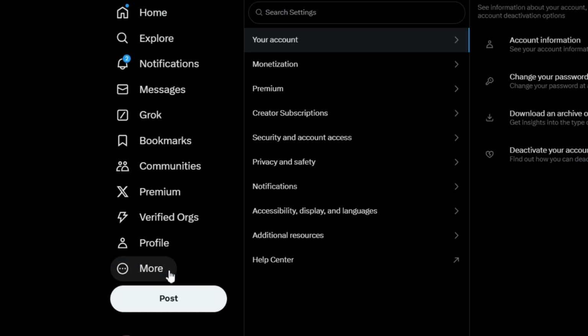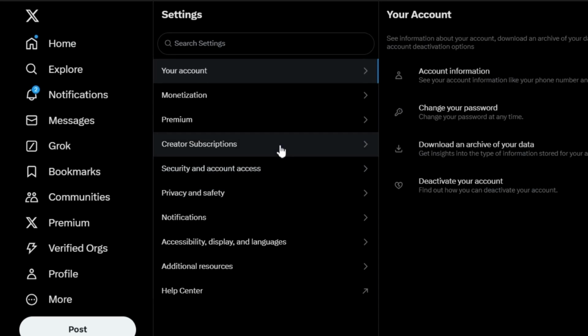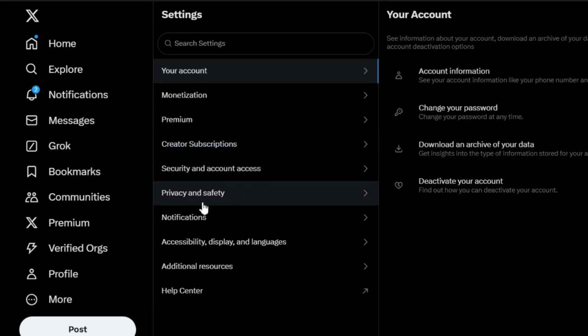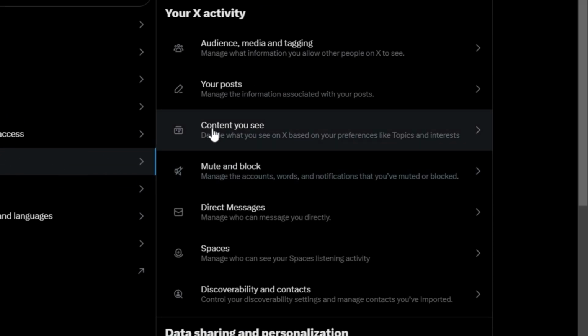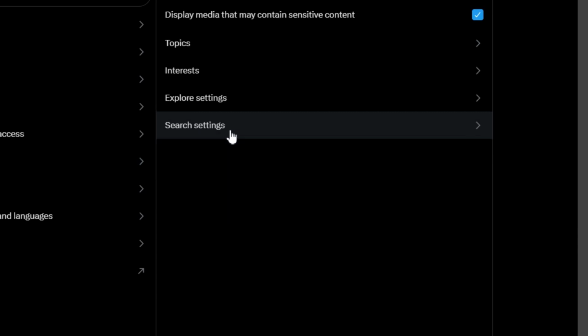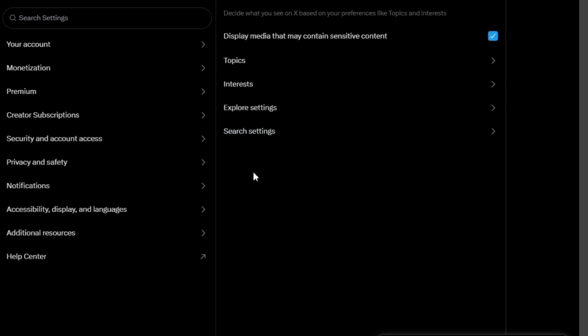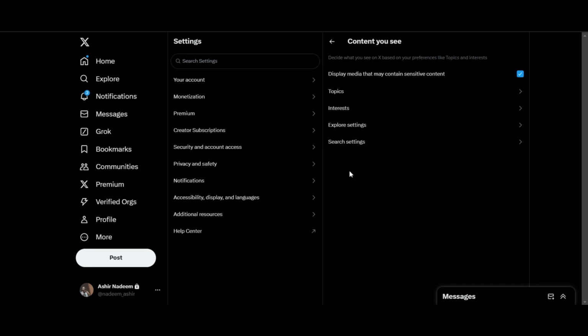Once you have availed the premium X application, go to your settings and privacy option. In settings and privacy, search for the privacy and safety option, which is right over here. In privacy and safety, go to the content option. Here, if you have the premium account, there will be an option that says hide your likes. So all you have to do is toggle it on. That way you will be able to toggle on the option of hiding your likes on the X application,